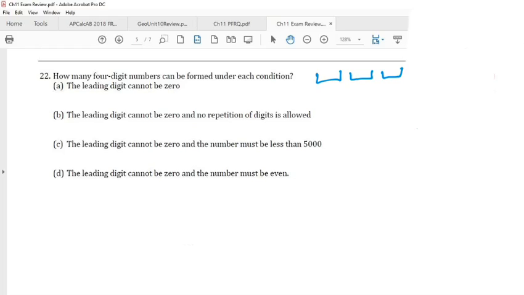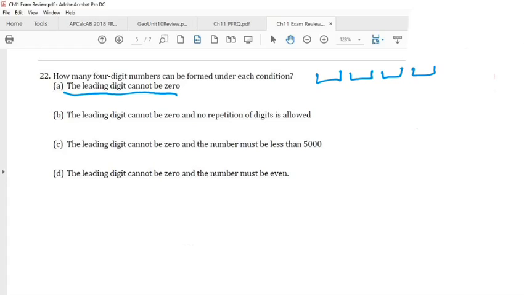Now, how many single digits are there, guys? Total, 10. Yeah, there's 10, 0 through 9. That's how many digits there are for each digit. Now, we have to follow each of these rules. So, if you had a 4-digit number and the first number cannot be a 0, how many total numbers are